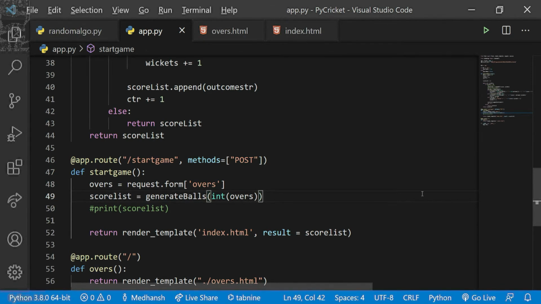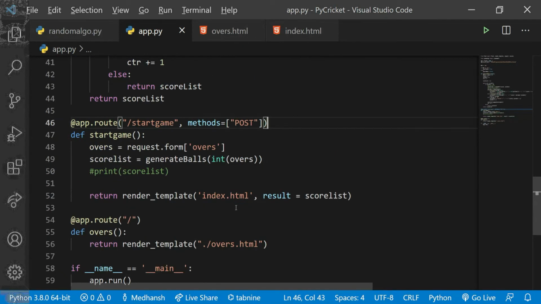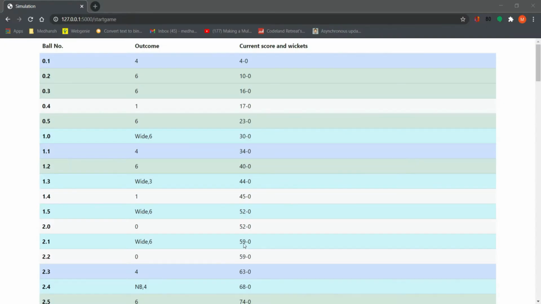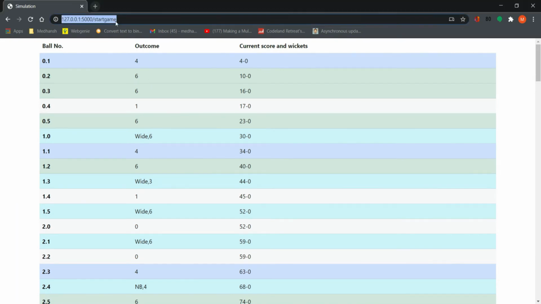Now let's move on to another important piece of code, this app.route decorator over here. So app.route is basically a decorator which is in Flask. Flask allows you to make it so that if you go to localhost /start game after, so the first thing when you actually go to your localhost, just a second, if I actually go to my localhost over here, it will display overs.html, which is a file that I have put here.